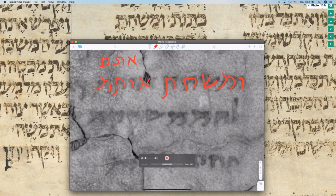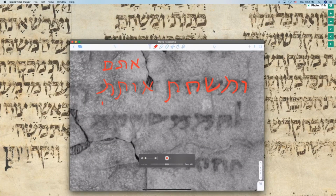No difference in meaning. Now, one of the things we see here too is that the Mem Sofit does not exist yet. That's one of the indicators that we're dealing with an earlier time period. Because remember, in Paleo-Hebrew, there is no difference between a Mem Sofit and a regular Mem. Now they'd be used to doing this for their Mem. Remember, we've looked at that in previous episodes. So this last letter here, Otam, this Mem Sofit of Otam, is not technically a Mem Sofit. It's a Mem, and it's at the end of a word, but it is not what we will normally see